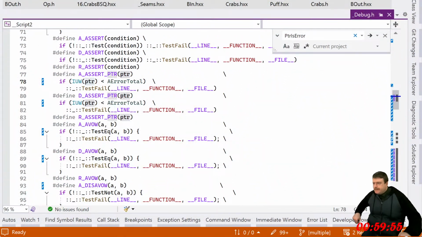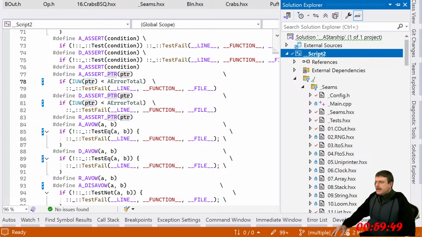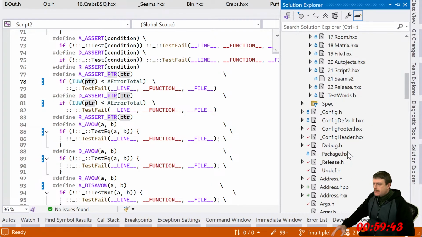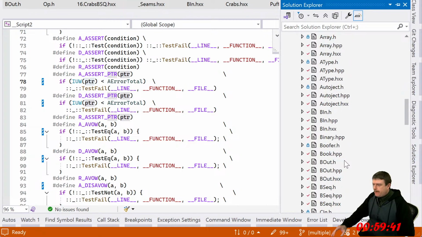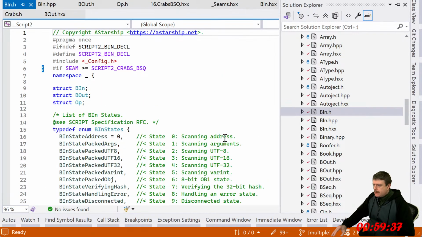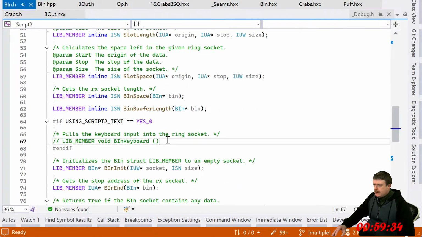What do we got? Oh yeah, shoot, I was supposed to change that out. I think this is in binary.h. Where is it? Oh, shouldn't there be a test in here?